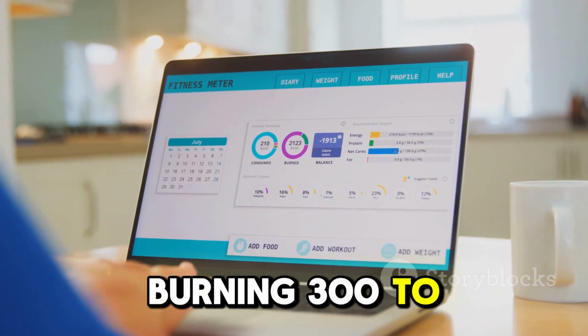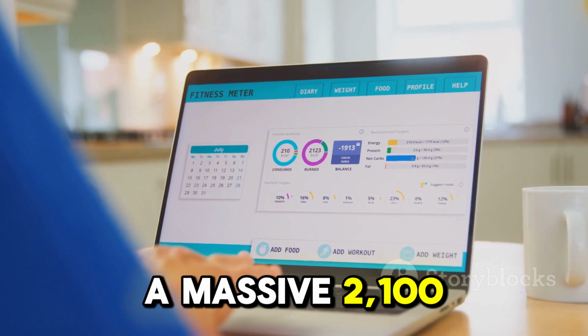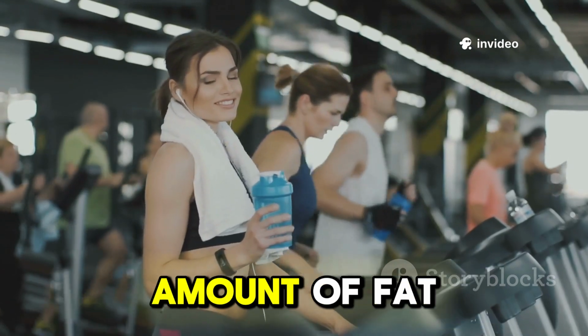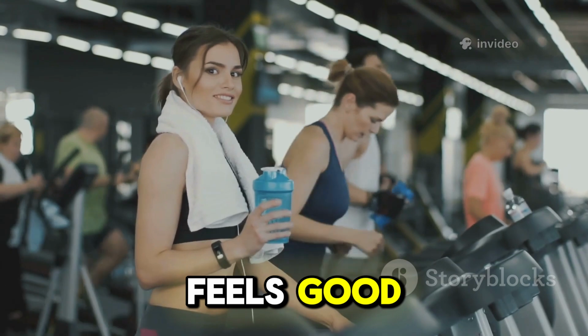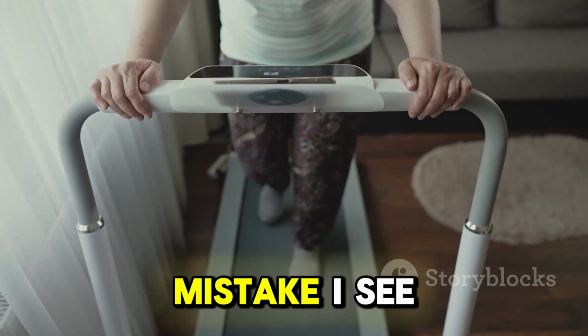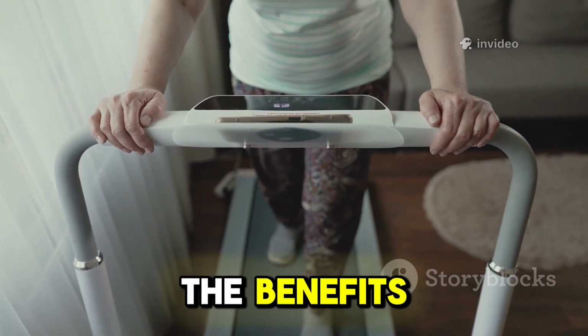Burning 300 to 400 calories from a daily walk adds up to a massive 2,100 to 2,800 calories per week. That's a significant amount of fat loss accumulated from an activity that actually feels good and is easy to recover from. However, there's a common mistake I see people make all the time that completely negates the benefits: holding onto